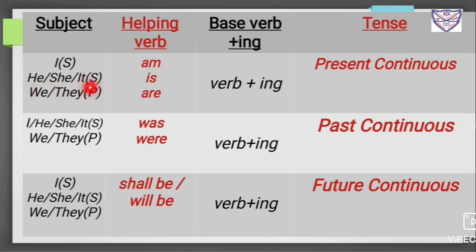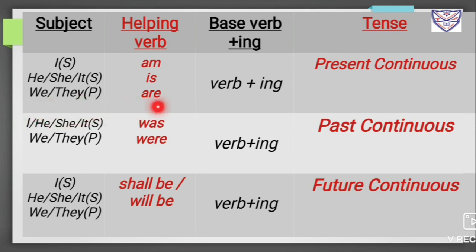Then he, she, it. When he, she, it is used as a subject, with them we will use the helping verb is. Now this both, that is subject and helping verb, stand in the form of singular number. Then when we use the subjects we and they, with them we will use the helping verb are. Now the subject and helping verb, this both are in the form of plural, or we can say they stand